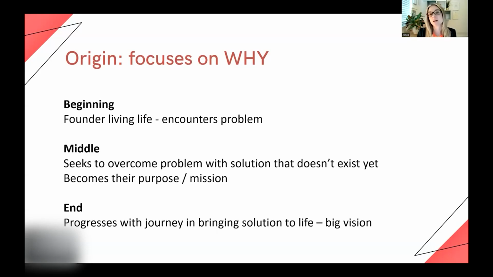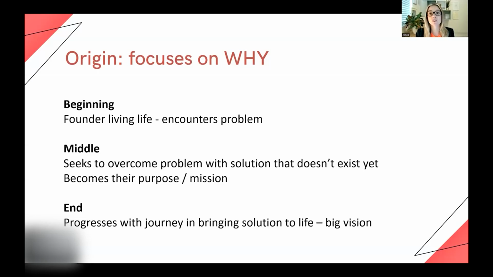Now, one thing to think about as we're going through these stories is that one of these stories might resonate more with you than others, and that's okay, because it very much depends on the type of business that you're coming up with, that you're running. It depends if it's a product, if it's a service, what industry you're in, for example. There's so many factors that will dictate what story might resonate most. But give it a go with developing all 3 stories to start, and you'll probably find yourself gravitating towards 1 or 2 to dive into a little bit further.